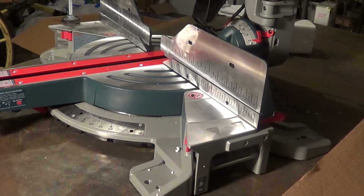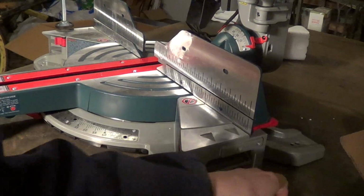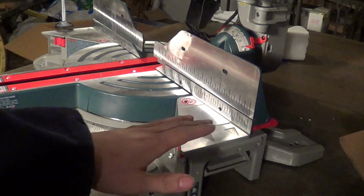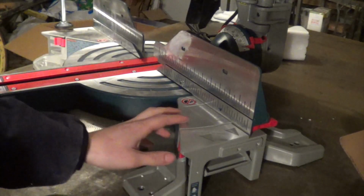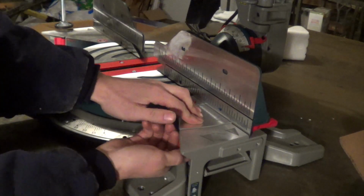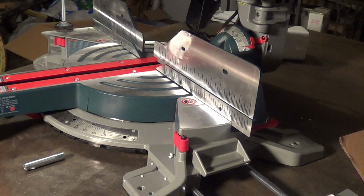I just want to talk about this feature right here of the deck. I'll call that the deck. And the cool thing about this deck, or this working platform, is say you have a longer piece of material. These actually are wings and they pretty much slide out. So there's a little red lever right here. And you just flip that. And now you've just extended